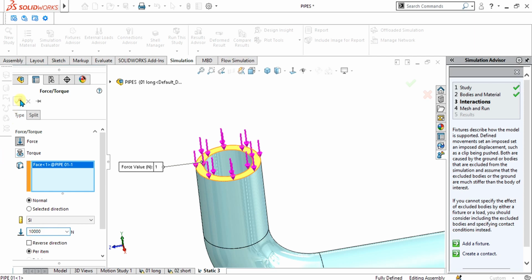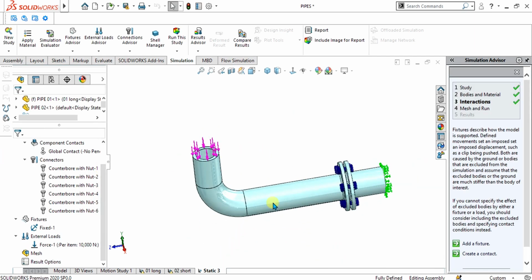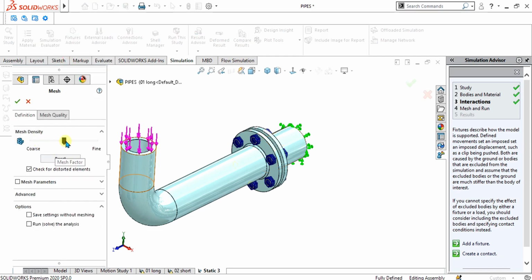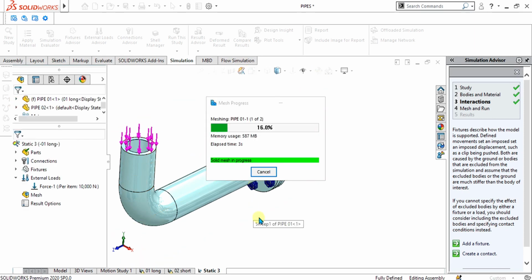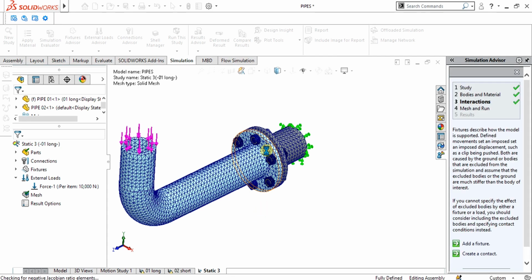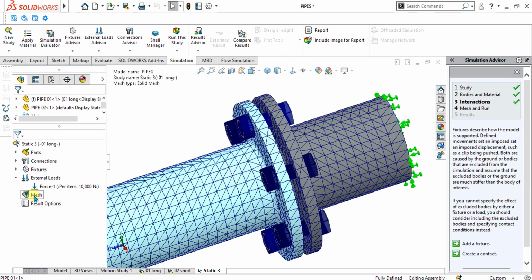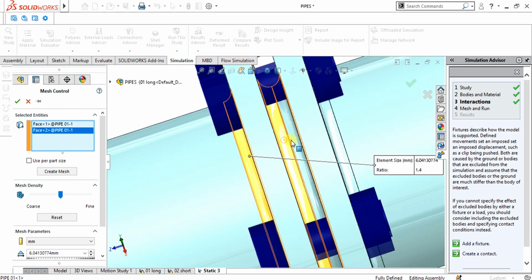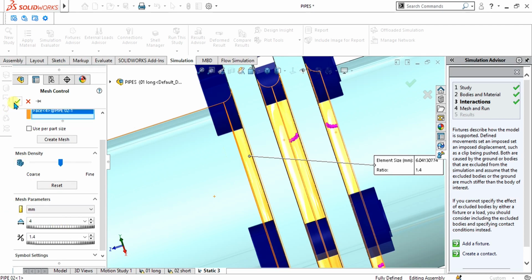Select OK from here. Now simply apply the mesh. So create mesh from here, refine it a little bit, select OK from here. Now if you want to add the mesh control at this fillet area on which these two pipes are joining, just simply select the apply mesh control from here, select these fillets like this and give it the value of 4, select OK.